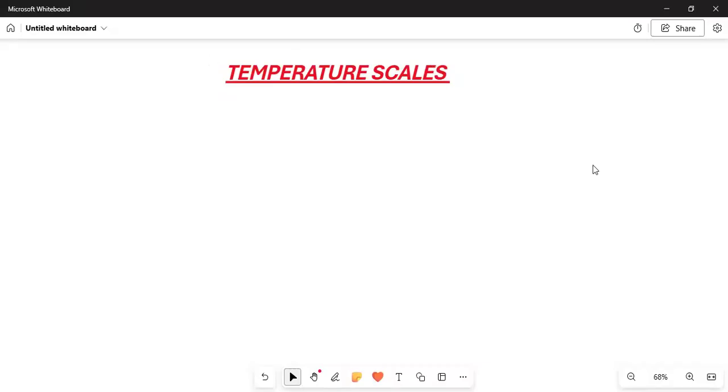All right, from thermal physics, one of my favorite topics is temperature scales. Remember in the last lecture, I was telling you that in science, nothing is abstract. Everything has to be there in a way that you can measure it. Once you understand the basics of thermal physics and we read that temperature is there,